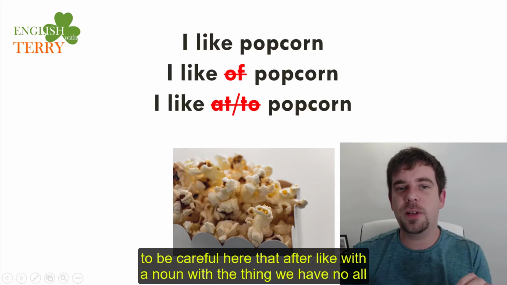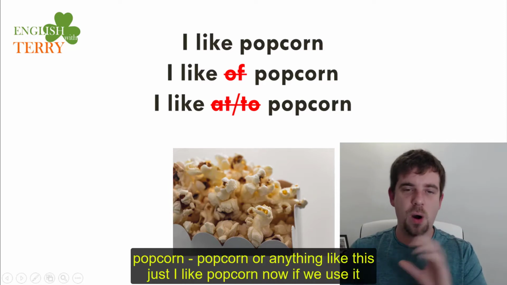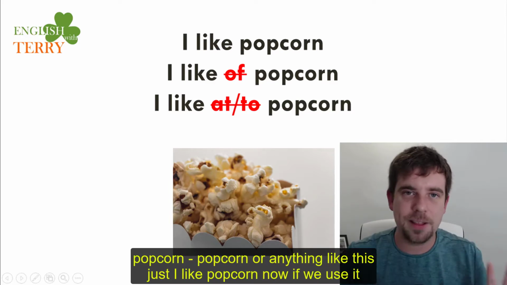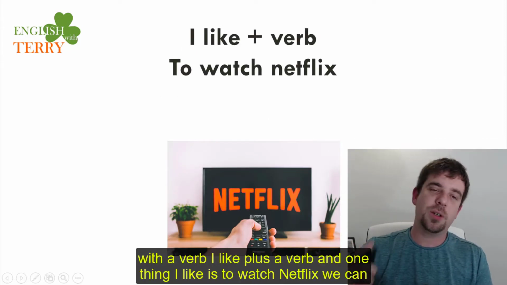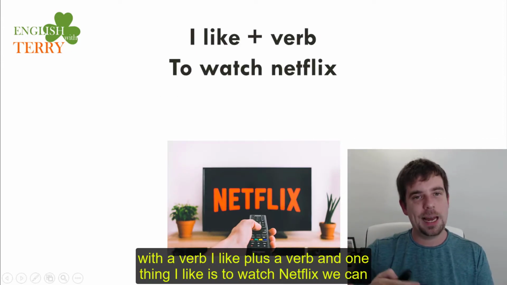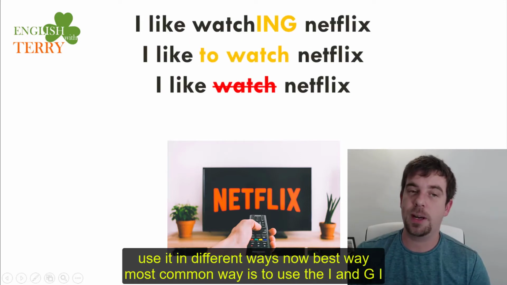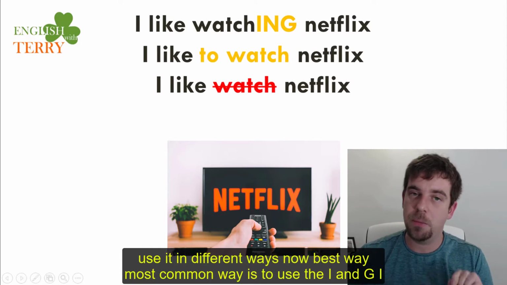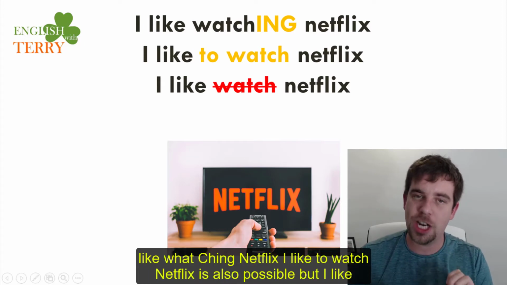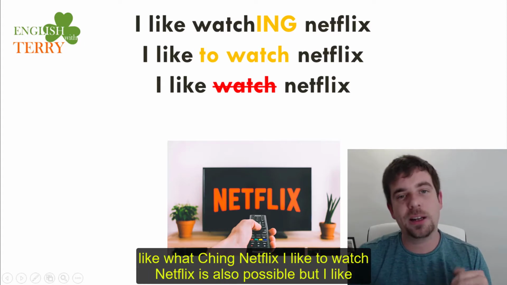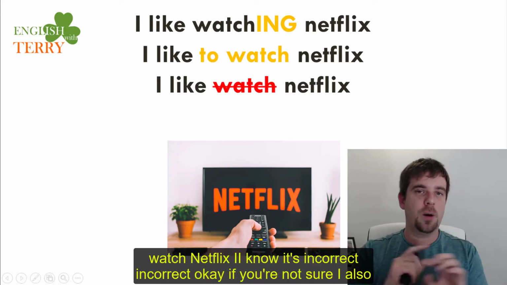Now, we need to be careful here that after like with a noun, with a thing, we have no of popcorn or to popcorn or anything like this. Just I like popcorn. Now, if we use it with a verb, I like plus a verb, and one thing I like is to watch Netflix, we can use it in different ways. Now, best way, most common way is to use the ing. I like watching Netflix. I like to watch Netflix is also possible, but I like watch Netflix, no, it's